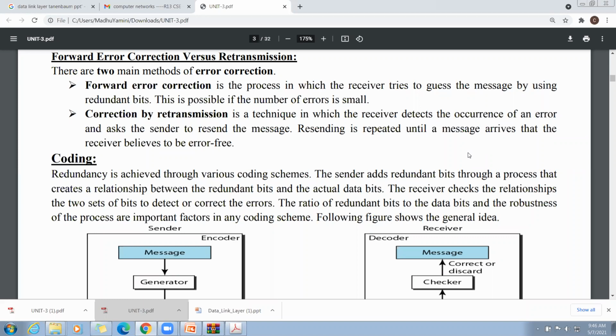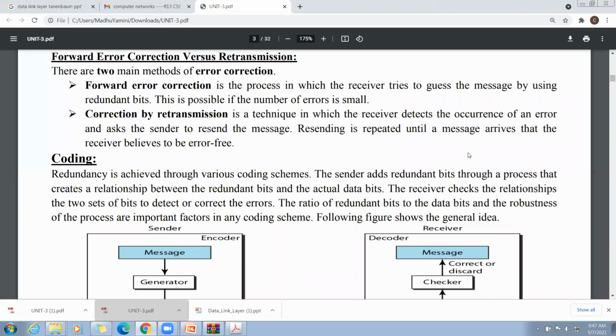Coming to the second technique of error correction, that is correction by retransmission. This is different from the first one. This is a technique in which the receiver detects the occurrence of an error and asks the sender to retransmit the same message once again.